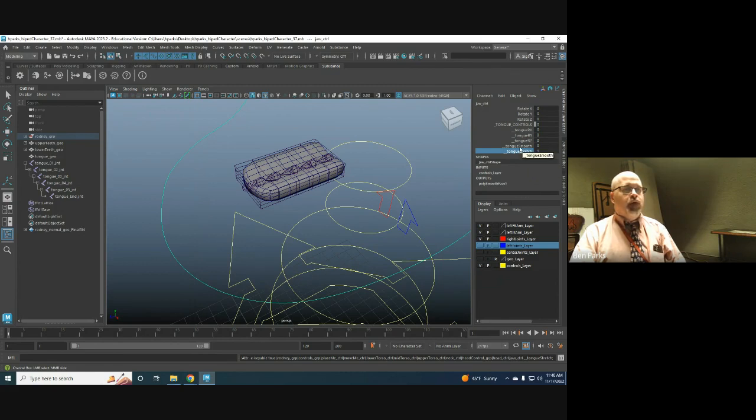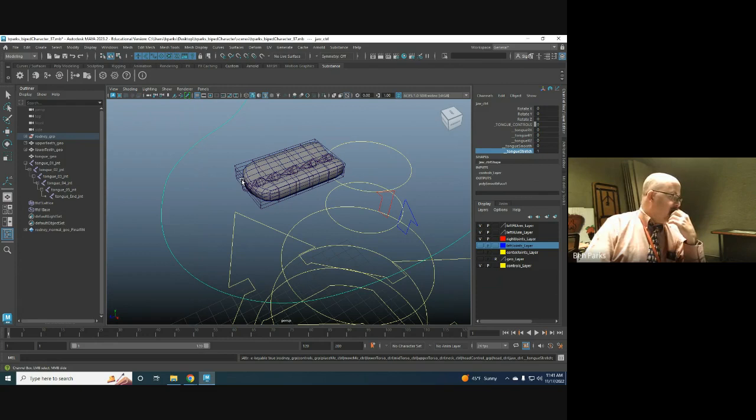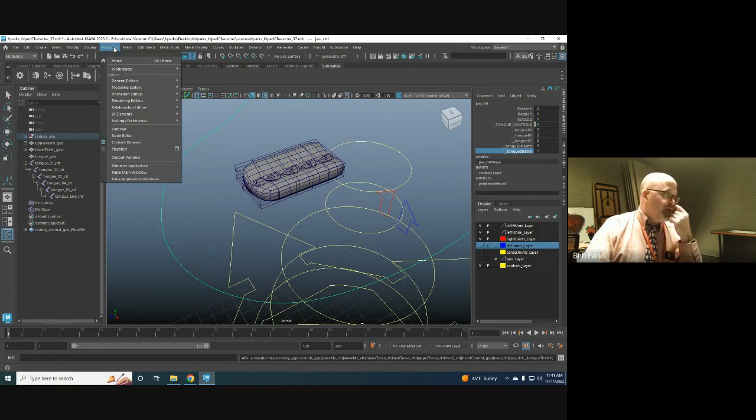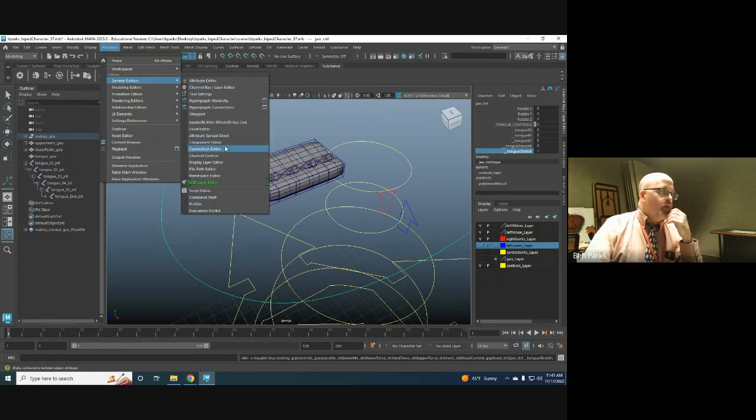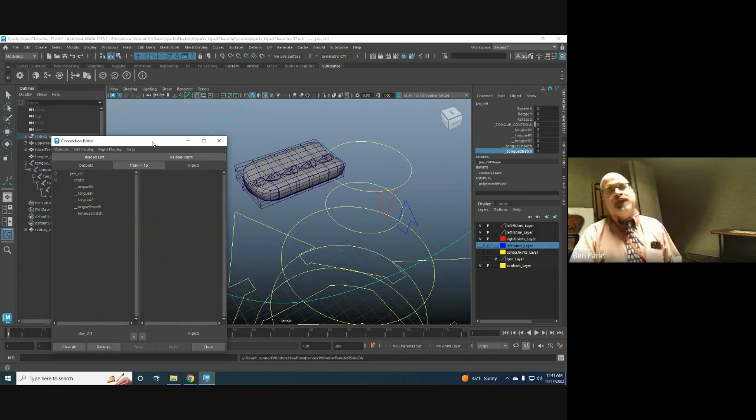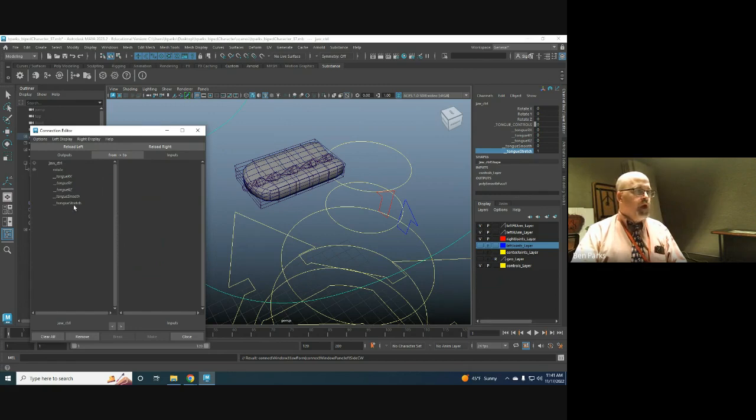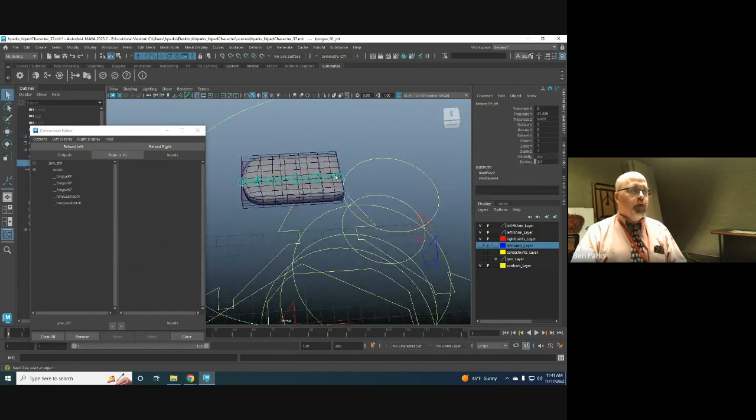Usually I'll put that above the smooth, but that's okay. It's fine where it is. And this one is going to be, it says on my notes to do a set driven key or connection editor. I'm going to do the connection editor in this case. So same thing, connection editor. Set driven key limits it. Connection editor doesn't, right? So this is going to be the same, but I'm also going to use my base